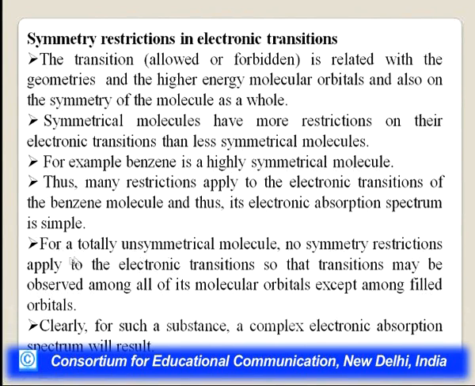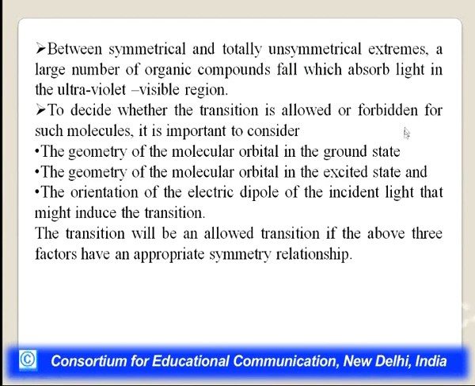simple. For a totally unsymmetrical molecule, no symmetry restriction applies to the electronic transition, so transitions may be observed among all its molecular orbitals except among filled orbitals. For such substances, a complex electronic absorption spectrum will result. Between symmetrical and totally unsymmetrical extremes, a large number of organic compounds fall which absorb light in the UV visible region. To decide whether the transition is allowed or forbidden, we have to take these 3 points: the geometry of